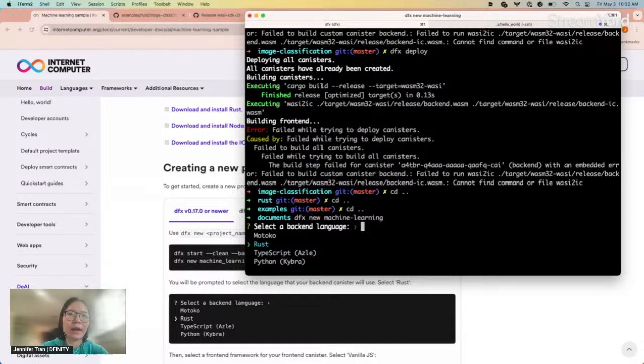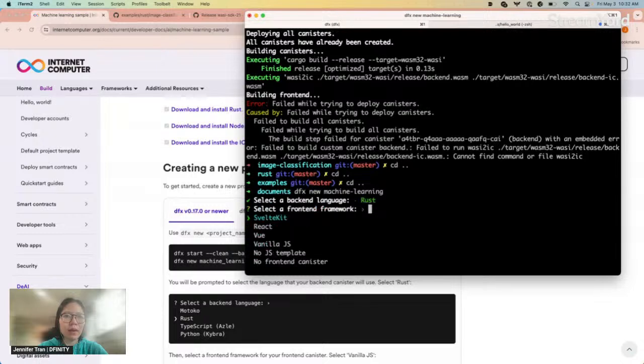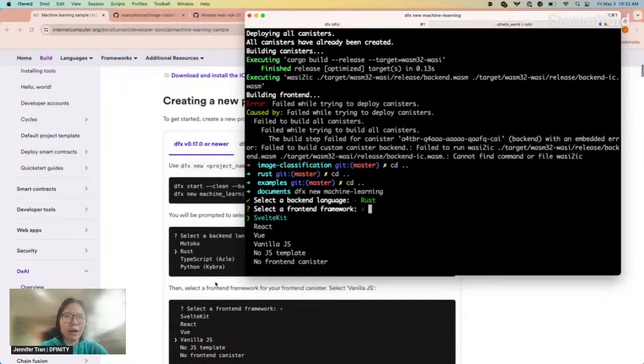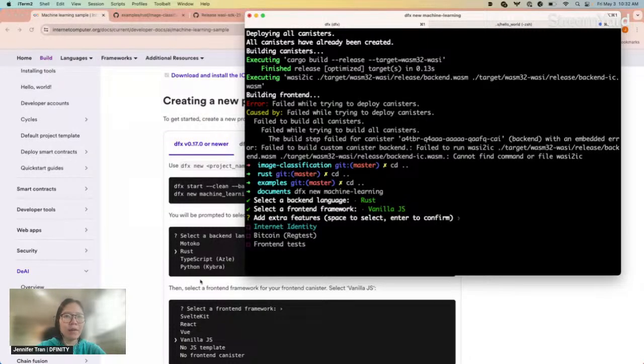When you do a dfx new with your project name, you can choose Python, and it will automatically create a Python project. And then here is the Rust. What's mentioned here is vanilla JS, but you can use any other front-end framework, whatever you are most familiar with.